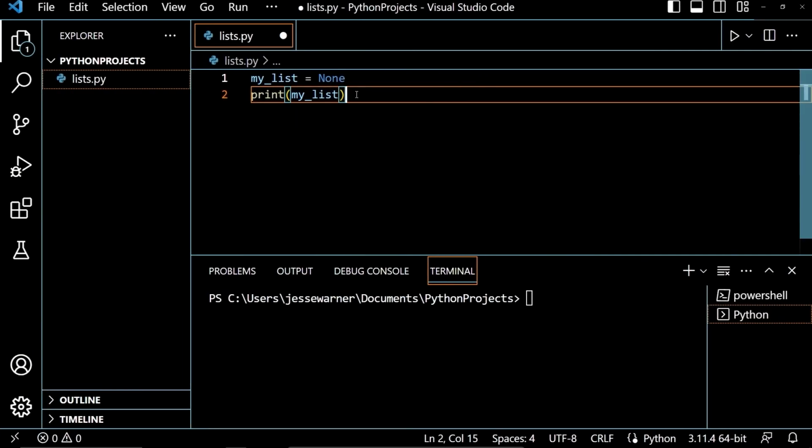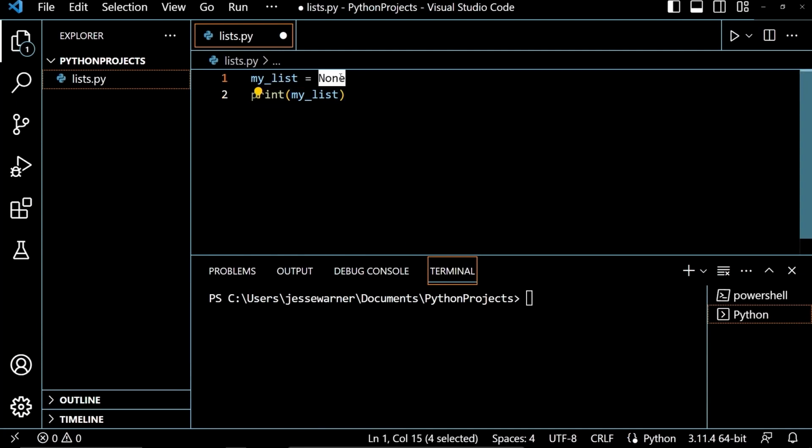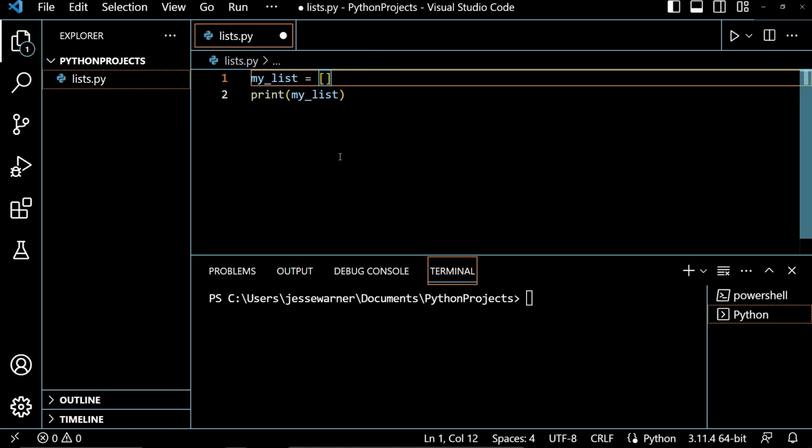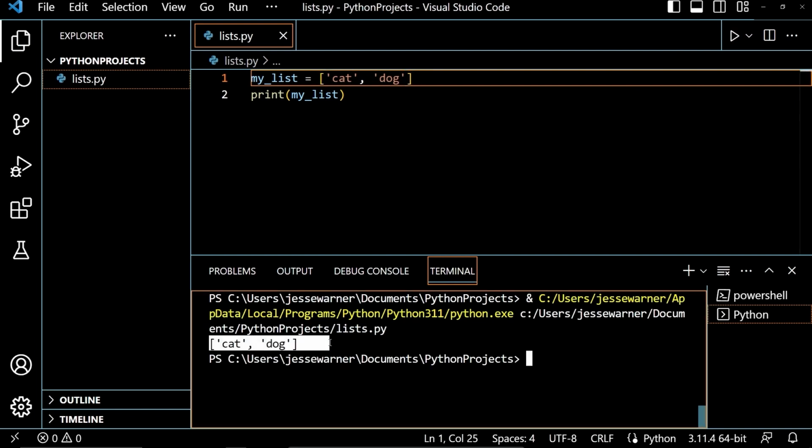And if we jump into the development environment, we can take a look at creating a list and using a couple of the methods to add elements to the list. There are two ways to create a list. The first way I'm going to show you is by using a pair of square brackets. Inside the square brackets, you pass the elements that you want to be in your list separated by commas. So if I wanted to pass in the string values cat and dog, I would separate them by a comma. And if I run this, we will get an output down here of a list containing the elements